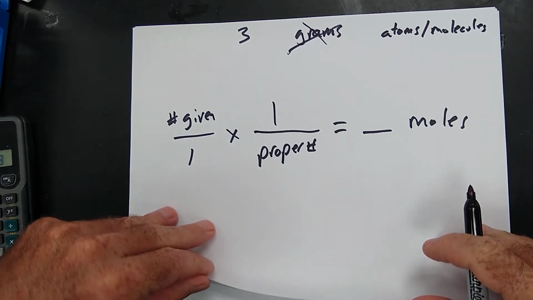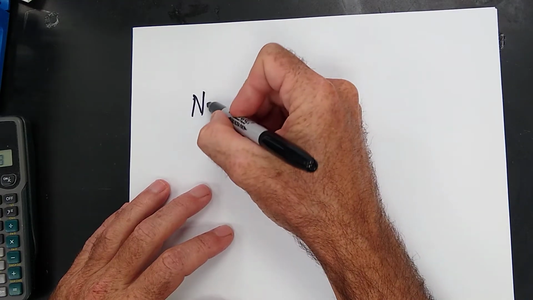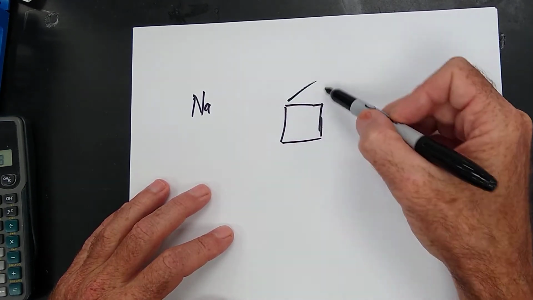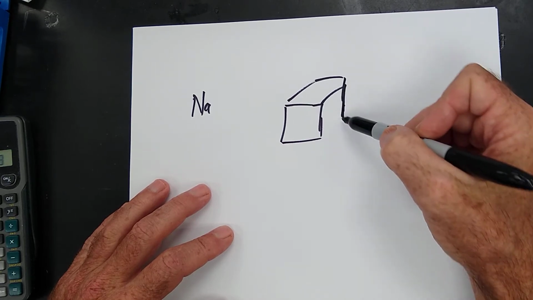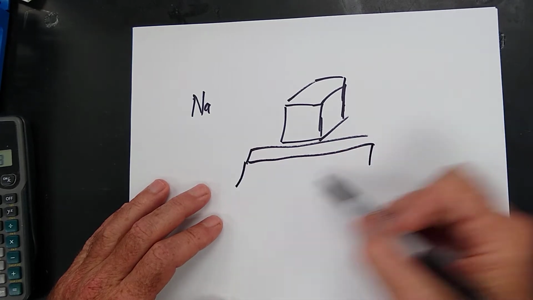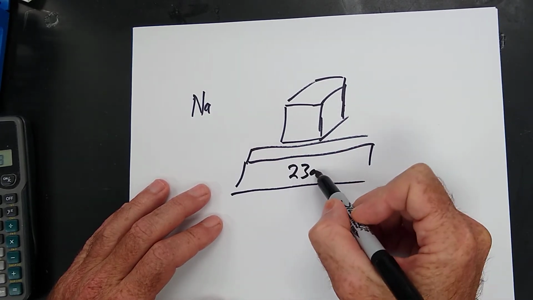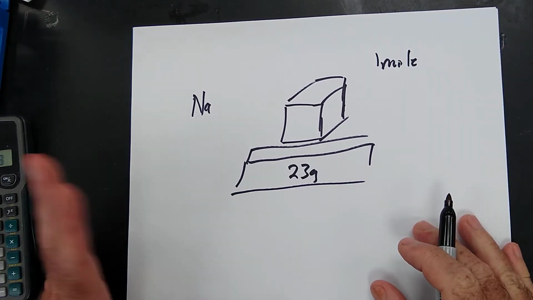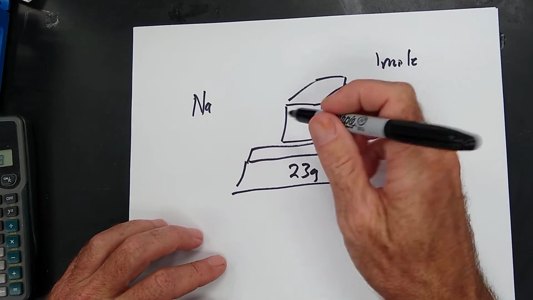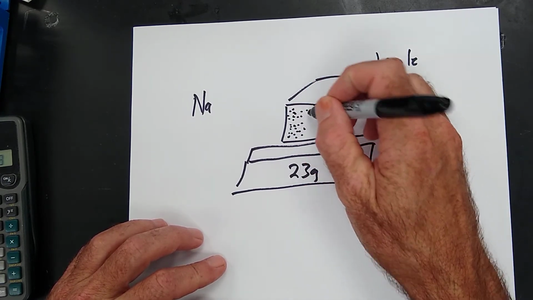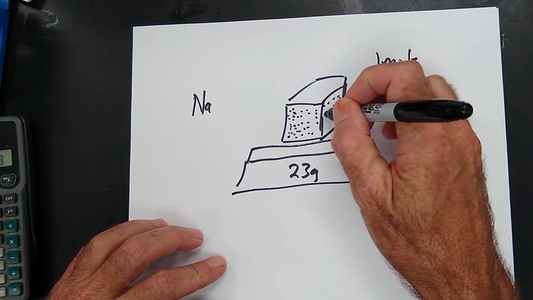Now, let's pretend that we have a mole of sodium, okay? Sodium is a soft metal. We're going to say we have a cube of this soft metal, okay? And it's sitting on a digital scale, and we have 23 grams of it. So we have 1 mole of sodium. Now, what does that mean? It means if we zoomed in with a magnifying glass on this sodium and we could see all of the individual atoms that make up this 23 grams,